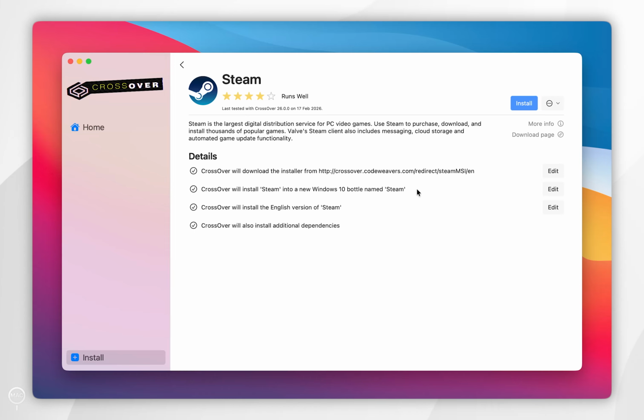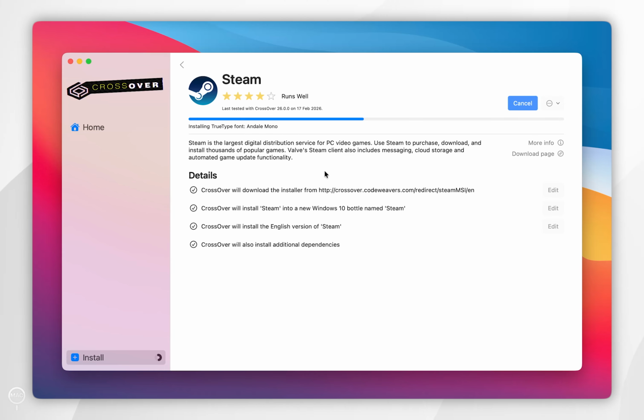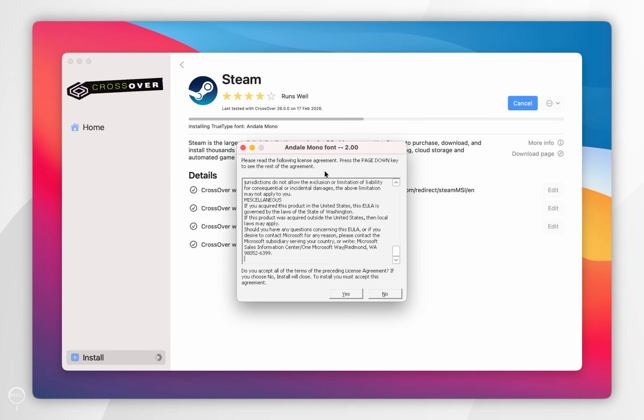A bottle is an isolated container where all of the system files and dependencies are going to be stored to run Fallout 4 or any other game of your choice. This isolated bottle is going to be separate from the system files on your Mac. So once we're ready, you want to click Install, and this will begin installing the Steam bottle along with its